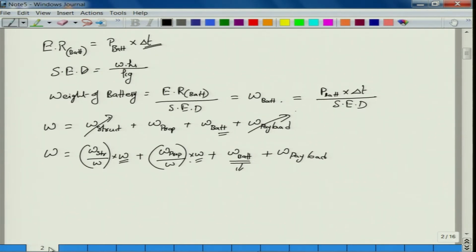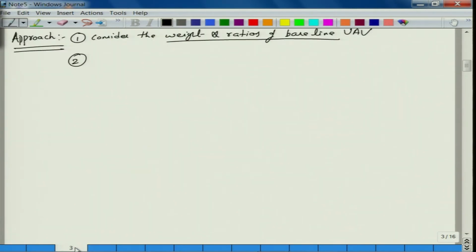That is the reason why we are trying to estimate, with that initial weight, assuming that is the initial weight, what is the overall weight of the battery that we need to carry here. Now, with that battery we will try to update this W, right. So, that iteration continues until we achieve convergence between 2 consecutive iterations, right.